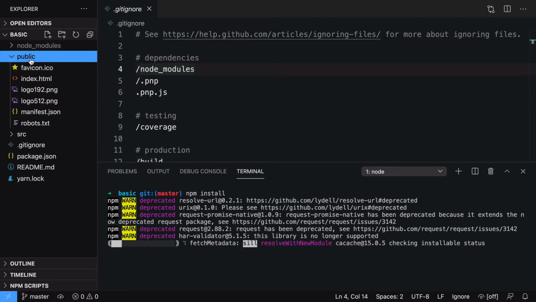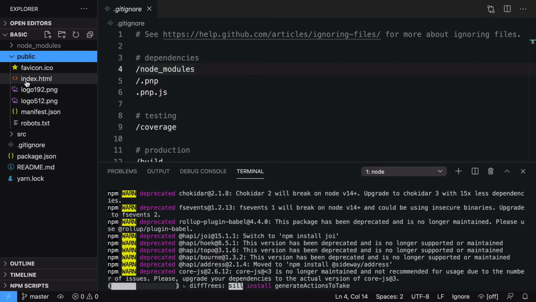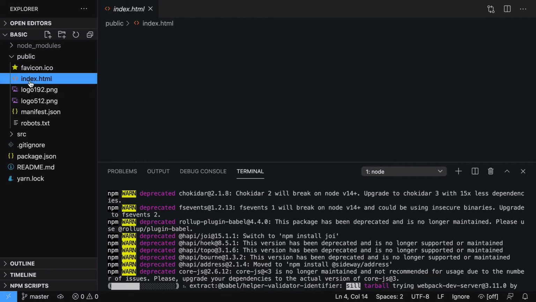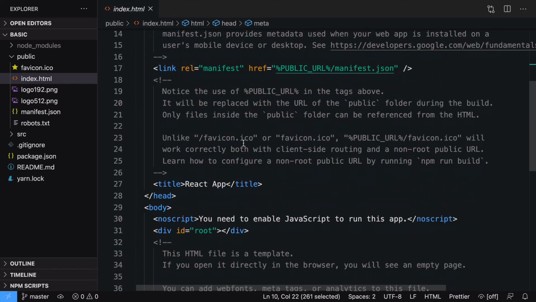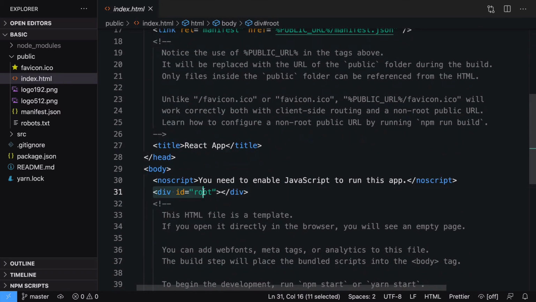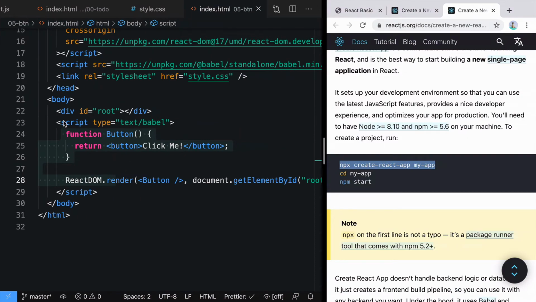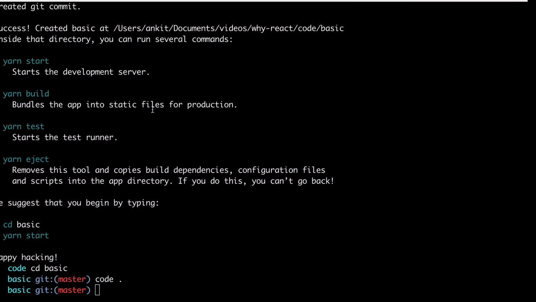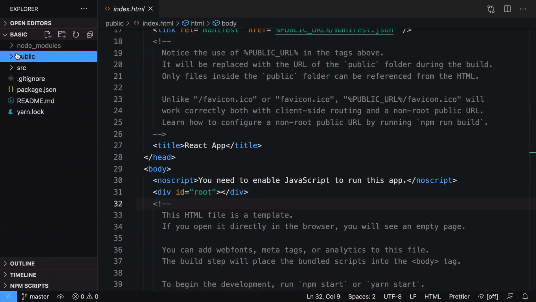Going on to the next, the public folder. The public folder is the folder that you don't have to touch. It will get generated by itself. It includes things like favicon.ico, index.html and some logo information. If you go on to index.html, you have the basic HTML structure like this, and here you can see that you have a special div with the ID of root. Do you remember, every time we created a basic React app, we used to do that ourselves, and here create react app will do it for you. So you don't have to touch the public folder.